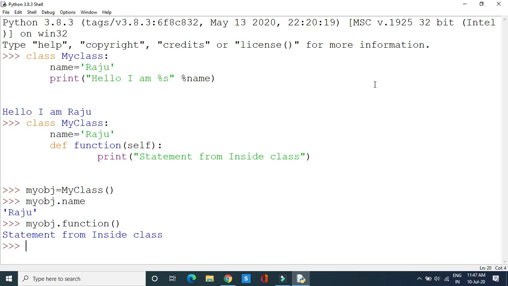See, we got the output as statement from inside class. This is the way you can create classes and objects, and by using an object how you can access the variables and functions of a particular class using Python programming.